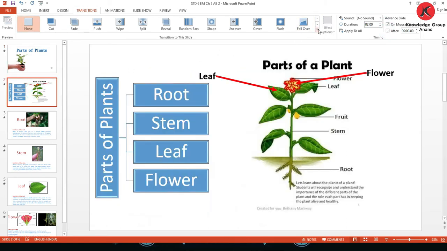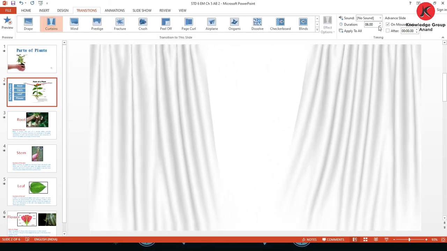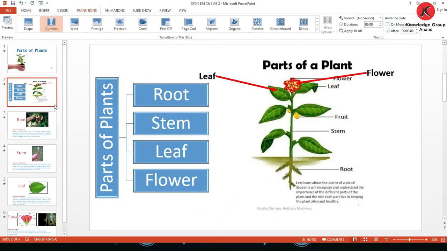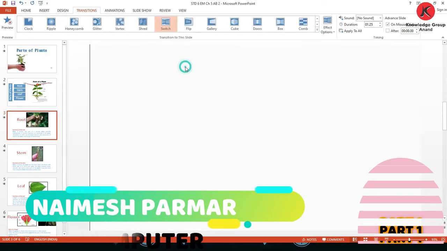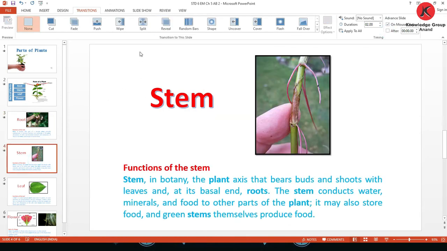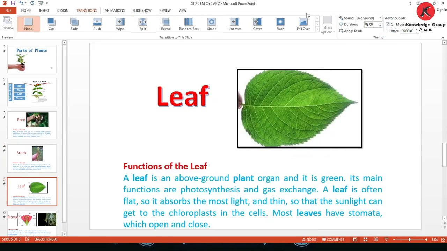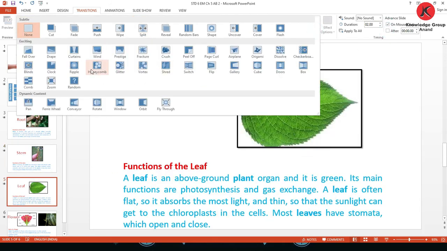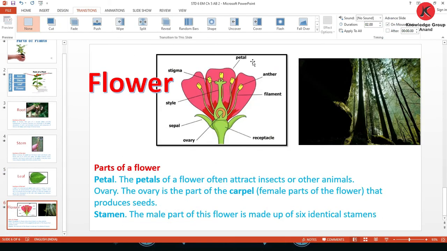Now second one, select it, go to any animation like curtains. Okay, and then select after previous. Now third slide, select the switch and after previous. Now next one, split and after previous. And then next, ripple. Okay, then after previous, and last one,